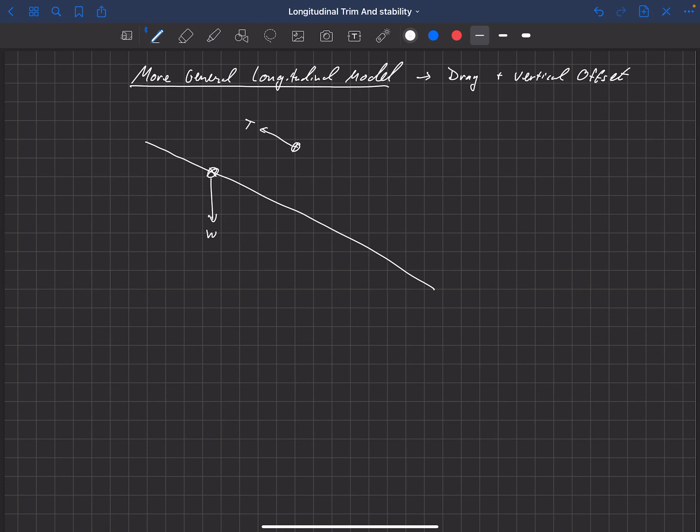We're going to use that to measure angle of attack, but we're going to choose to align it with the thrust vector, and then we'll give the distance of that thrust relative to that fuselage reference line. We'll call that h sub t, the height of the thrust. Okay, and then that fuselage reference line relative to the horizontal,